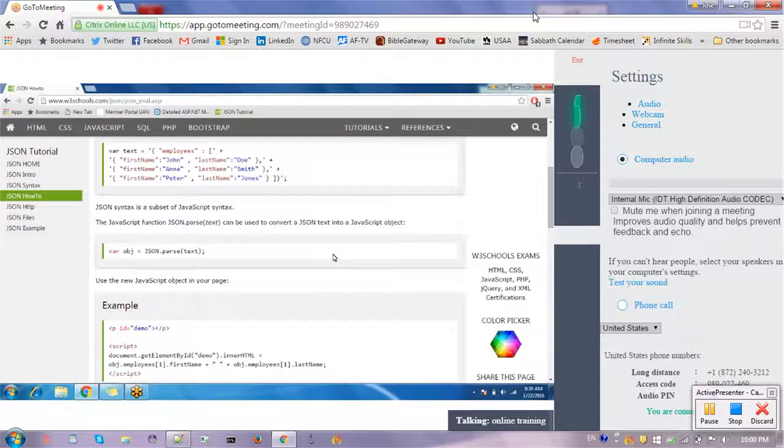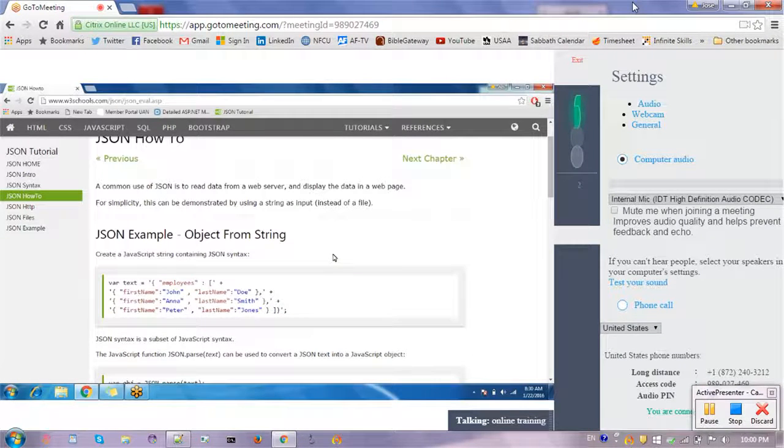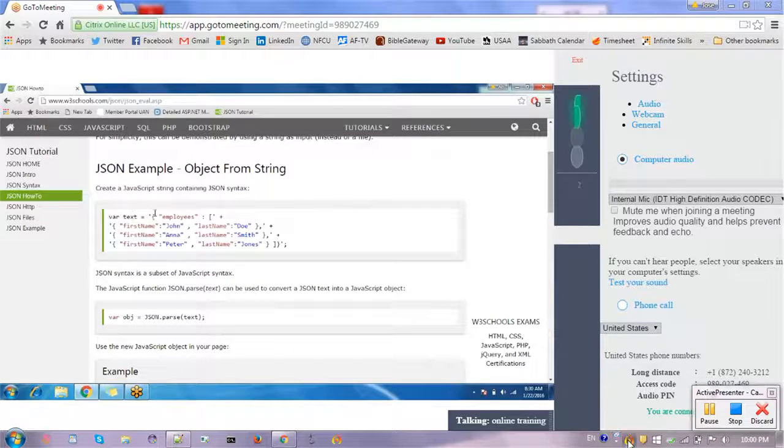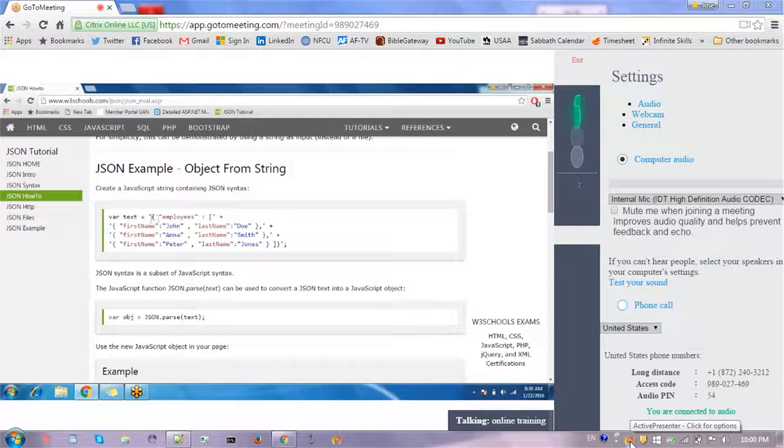Okay, so let's start with this JSON, the remaining part. JSON how to. Here you can see that we have the string here. It is making a string, and this string it will convert into an object. So it is doing nothing special.